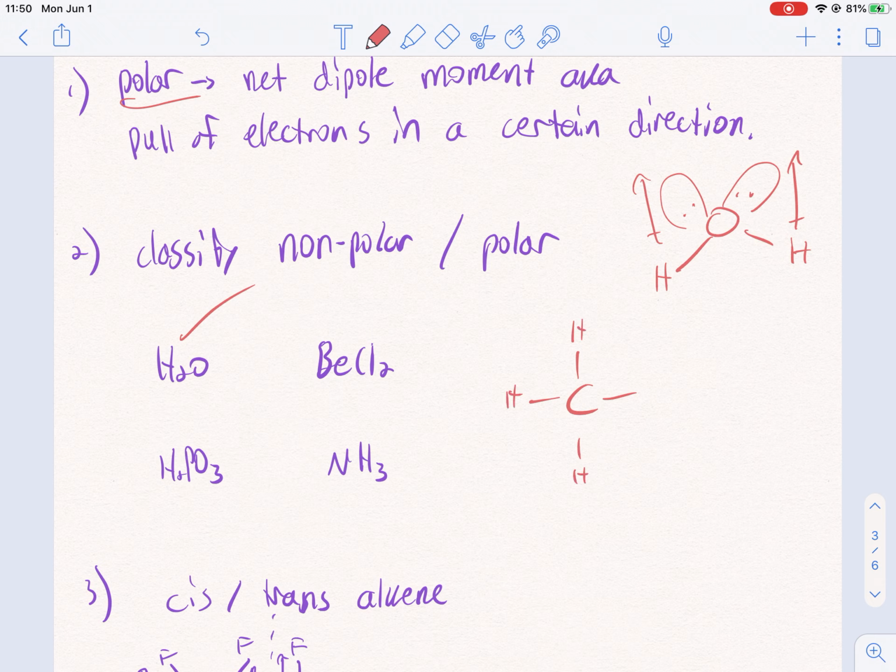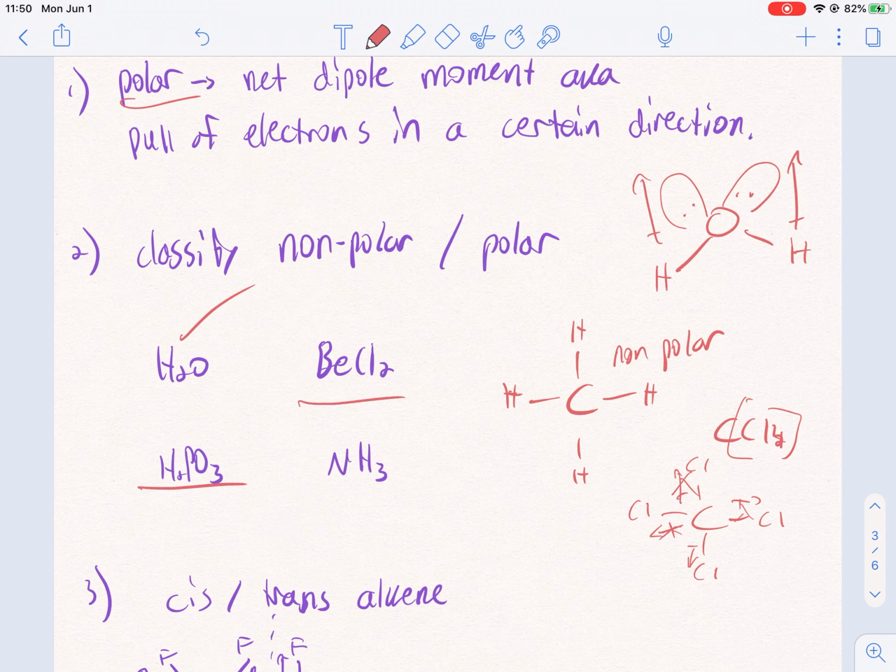Well, there's a couple things, but what you'll find is that molecules that have the same groups, even if it's CCl4, even if these groups are electronegative, if it's the same, they all just cancel each other out. And so that's nonpolar, right? So scroll through this video and see what these are,